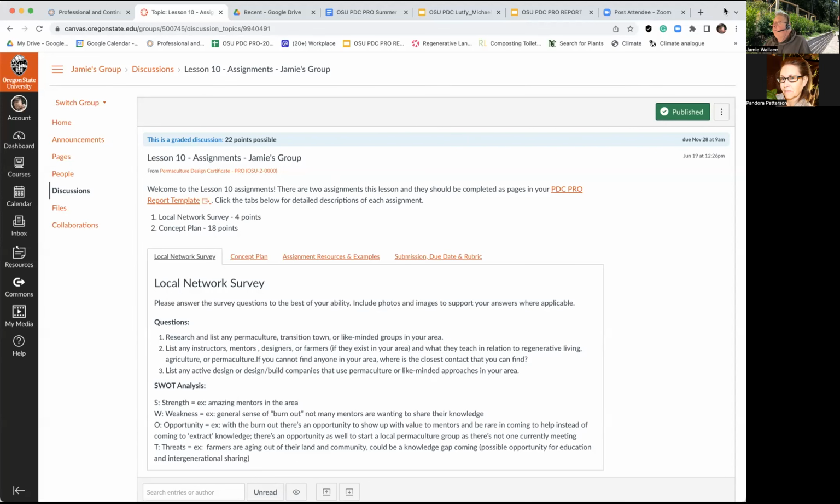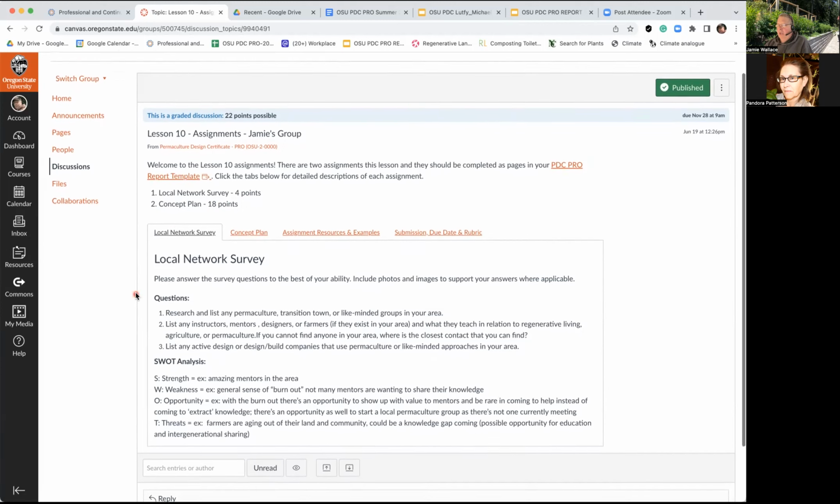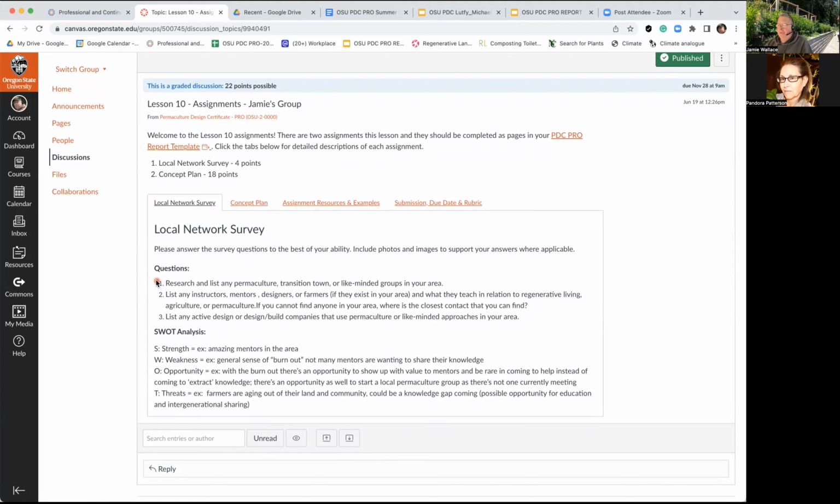There we go. We can take a look here at the discussion board itself. And you can see here we have two separate items. So we have a local network survey worth 4 points, and then the concept plan is worth 18. So that gives you a bit of an idea of the time and energy needed for both. The local survey should be pretty straightforward, but let's take a look at some of the things that we're hoping